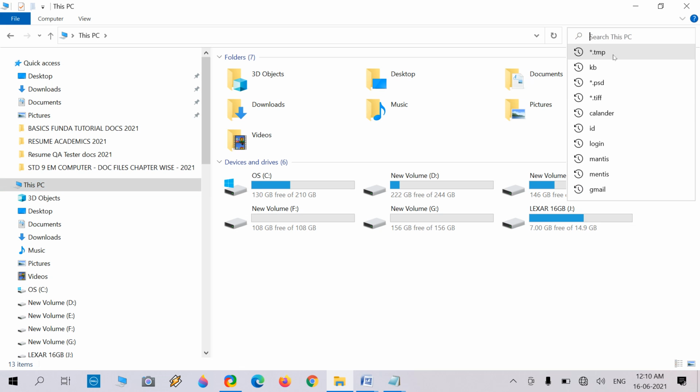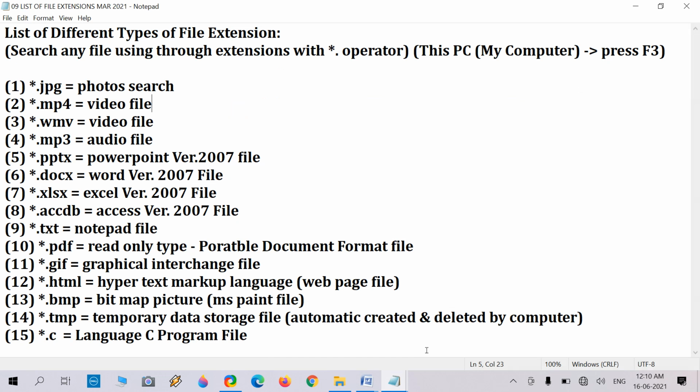Using this option and this list of extensions, we can find any specific file. Like if we forget which file we last saved and what name it has, using extensions we can find it easily with the asterisk character, the dot operator, and the 3 characters of extension of the specific file we need.